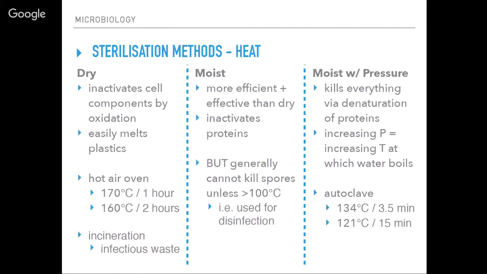Sterilization. No one really cares about the middle column. It's these two, dry and moist with pressure. Dry is basically baking, cooking in an oven. You can kill a certain amount of bacteria, but you also melt whatever's there generally, so it's not an effective method. What we like more often is moist with pressure. You use a machine called an autoclave, and